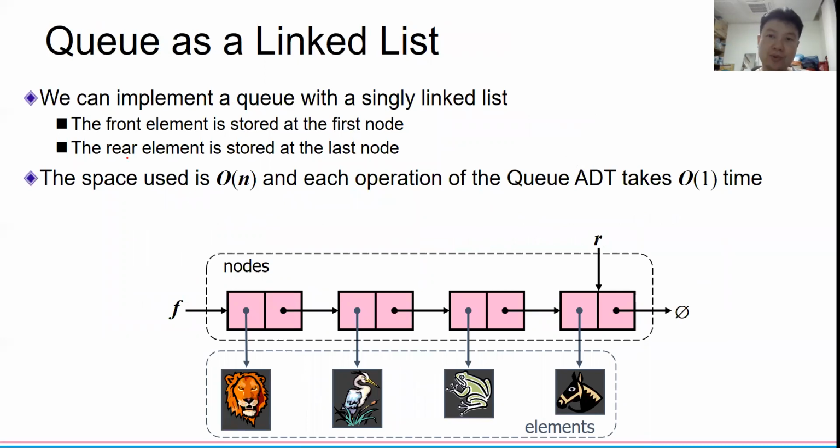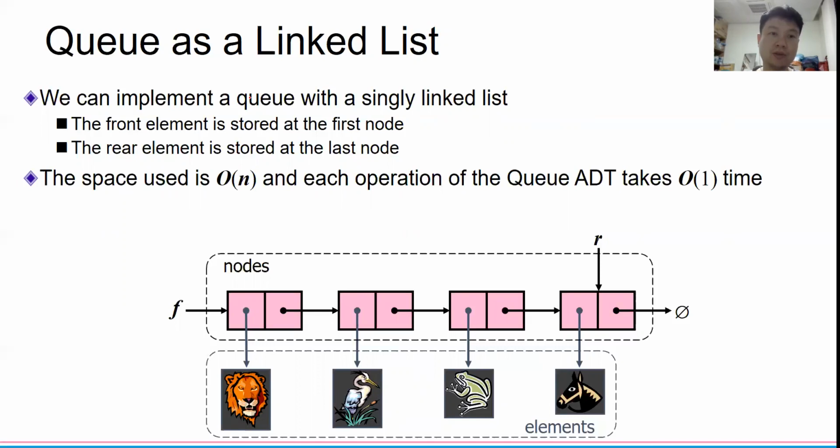The other way to deal with the linked list, you can use the queue as linked list, and you know that the queue is using the concept of first come first serve. So we can implement a queue in the single linked list. The front element is stored as the first node, and the rear element is stored at the last node. So if you're having problem with the head and tail issues like what we already saw before, the last or the tail, if you want to remove the tail, if we just use the concept of stack, maybe it will run in O(n) time. But if you want to use the queue, it might be